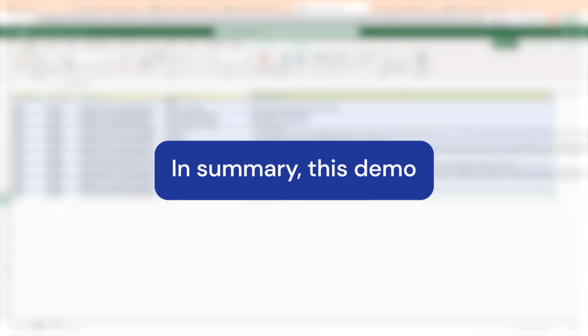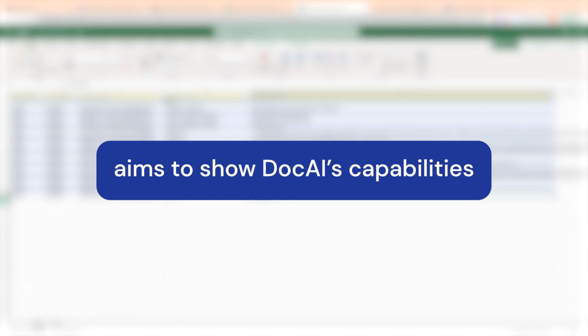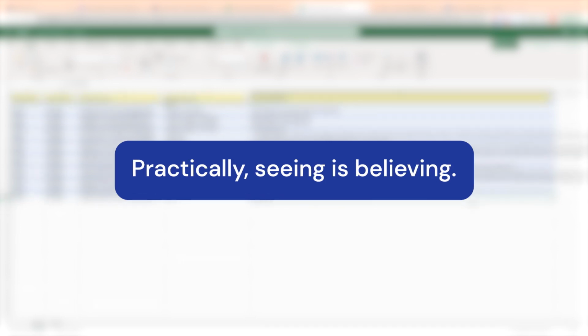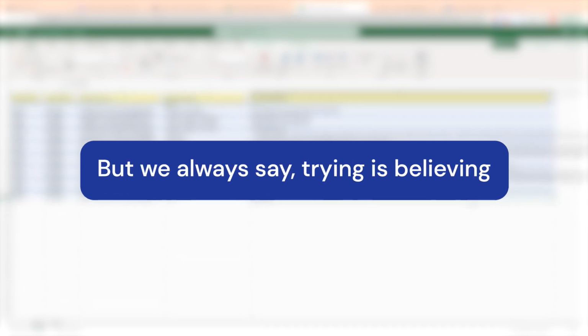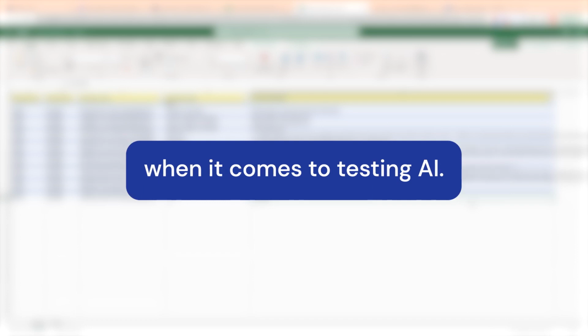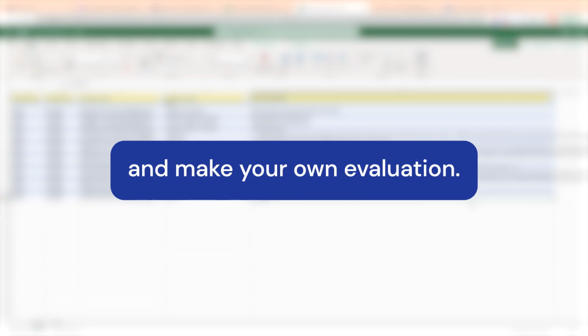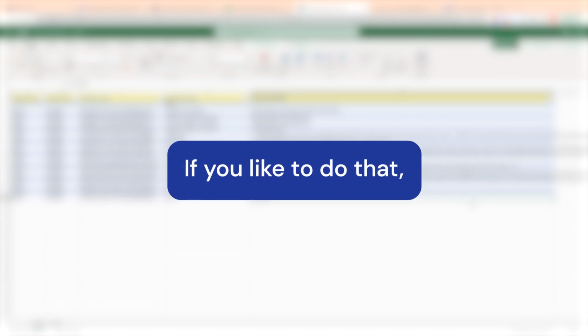In summary, this demo aims to show DocAI's capabilities for extracting critical information from unstructured data sources. Practically, seeing is believing, but we always say trying is believing when it comes to testing AI. That's why we offer a free trial account so that you can easily try it out and make your own evaluation. If you like to do that, we will be ready to